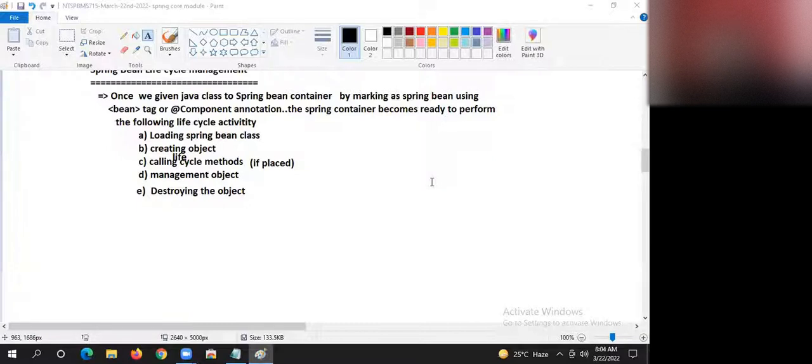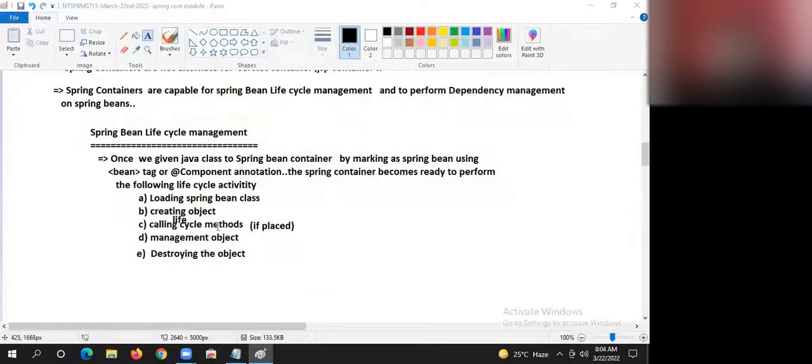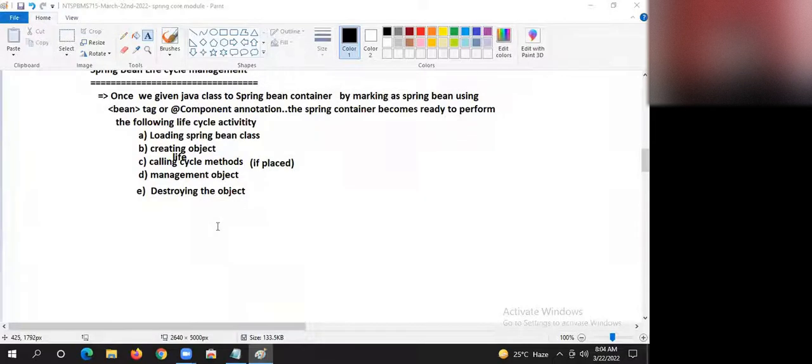Spring containers are nowhere related to Servlet JSP containers, right? I clearly said. Now you are writing a message. It is built on top of the Servlet JSP container. Tell me, what should I do with you? What should I do with your common sense and presence of mind?